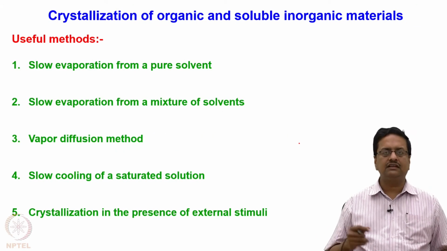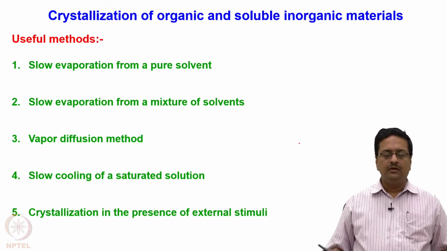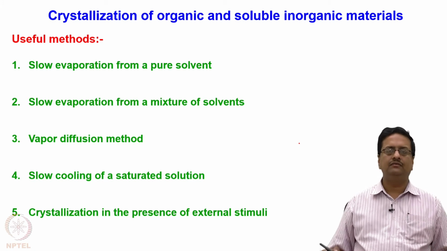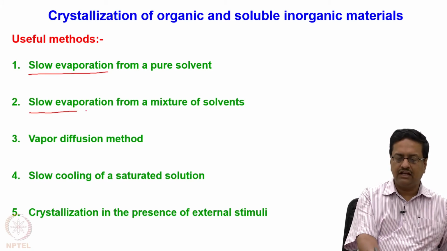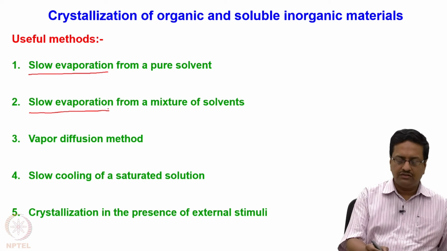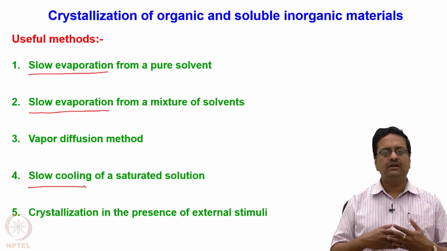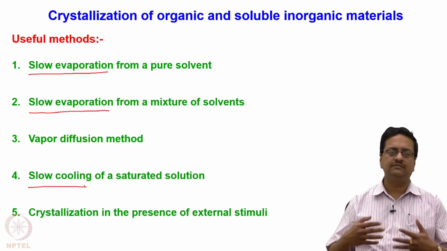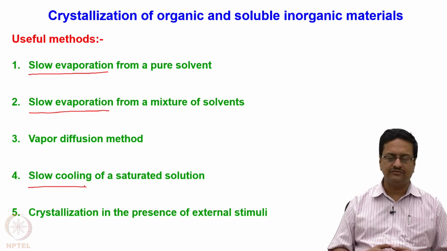To begin, let us consider the crystallization of organic and soluble inorganic materials. Mostly there are 4 to 5 different ways one can crystallize these materials. You will see here in all the cases we have a slow evaporation or a slow cooling. Why do we need to make the process slow? Because we would not want to disturb the system very frequently. We would like them to crystallize as naturally as possible, and we do not want the system to be hurried